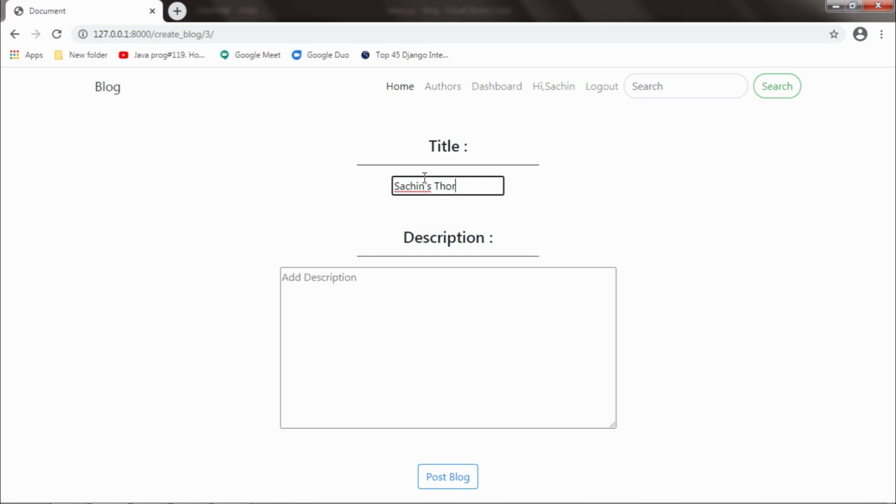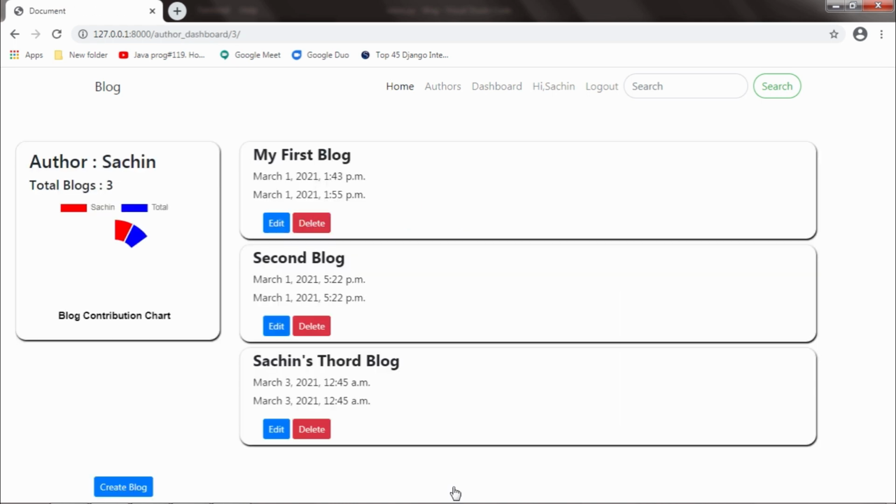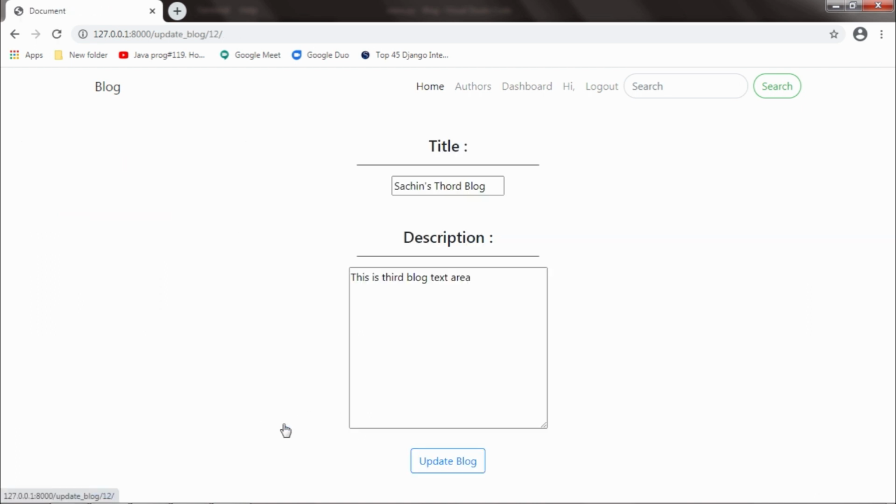Sachin's third blog. This is third blog text area, and I will post the blog. Okay, here it is showing Sachin's third blog, and this is the published date and this is the edited date, and here we can see the total blogs are 3, and the red portion has changed now, and here it is also showing Sachin has 3 posts, and I can edit this blog,